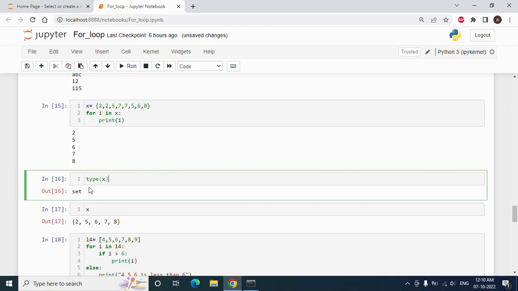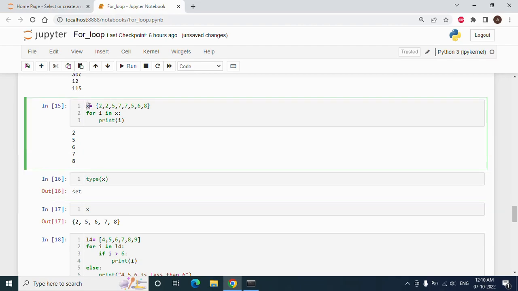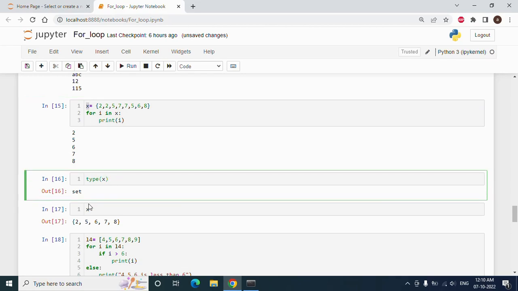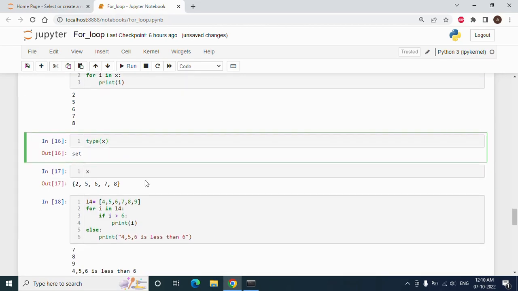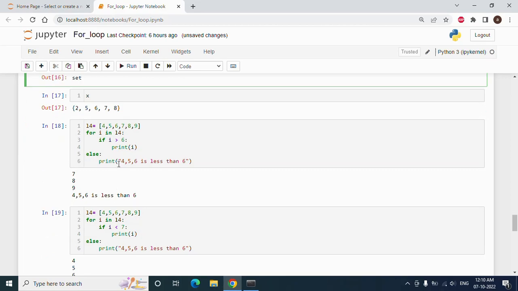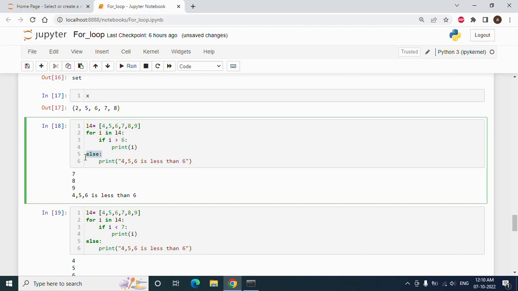So if I check the type of data, here I have stored in X, it is a set data type. In the next one, we will understand else conditioning, and also greater than or less than operations